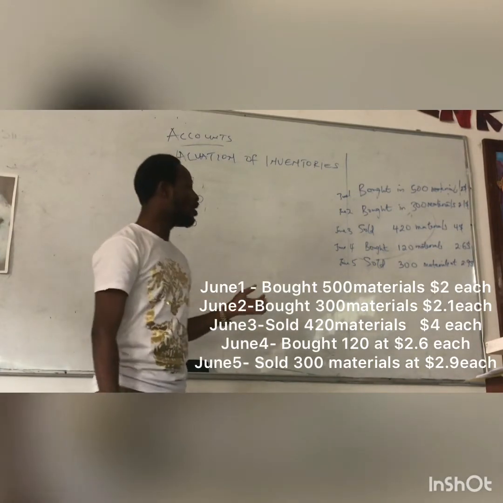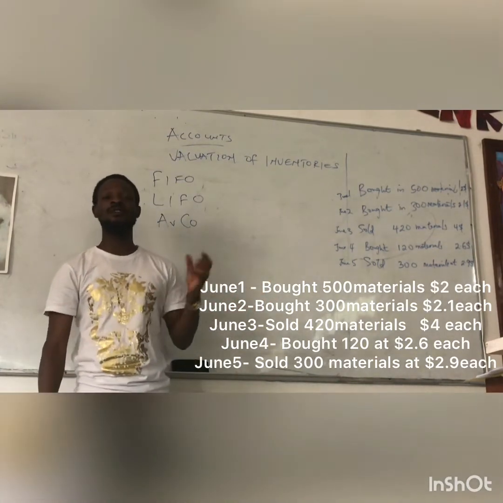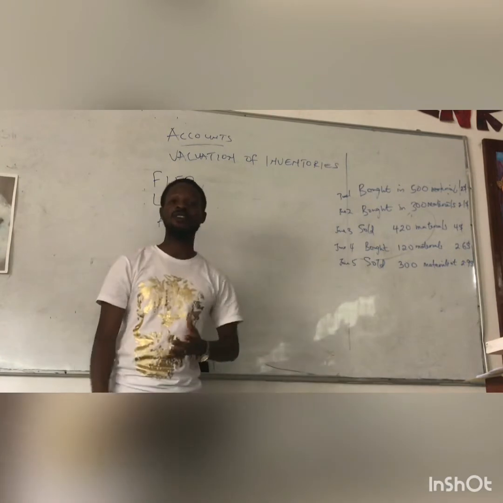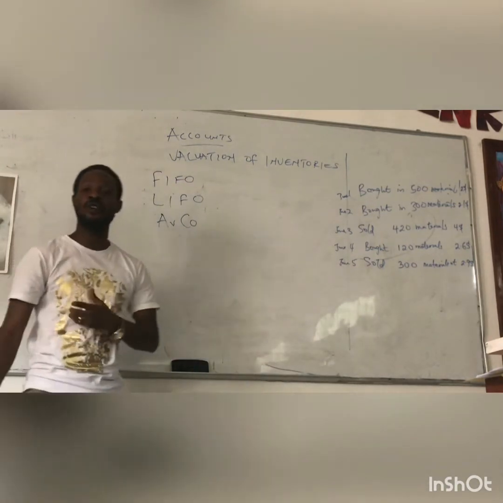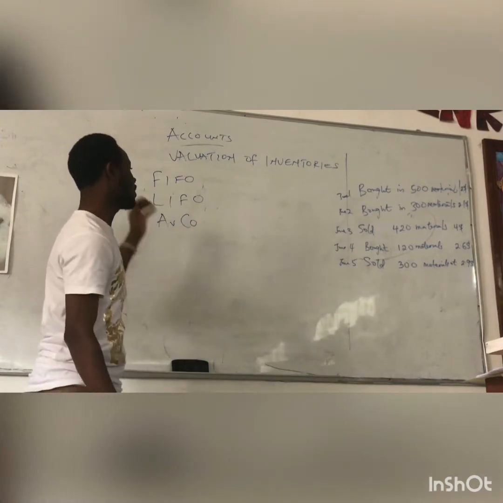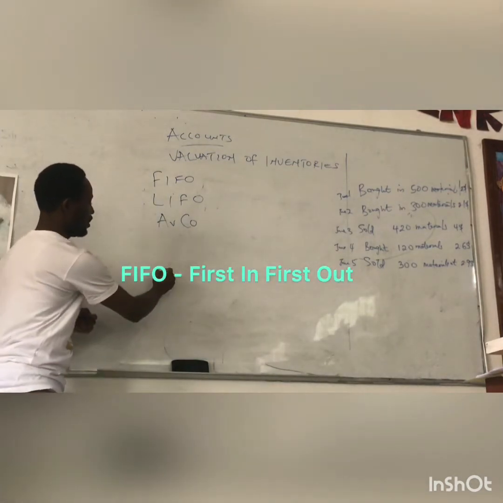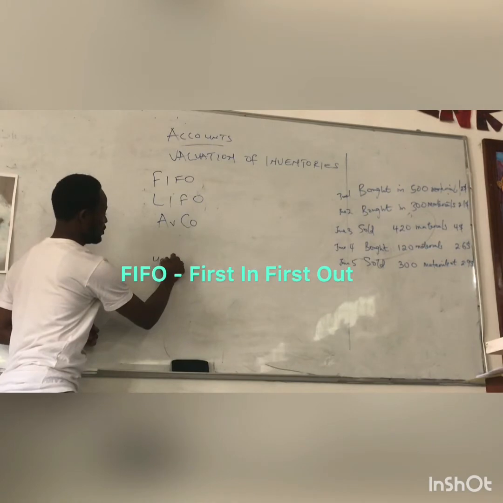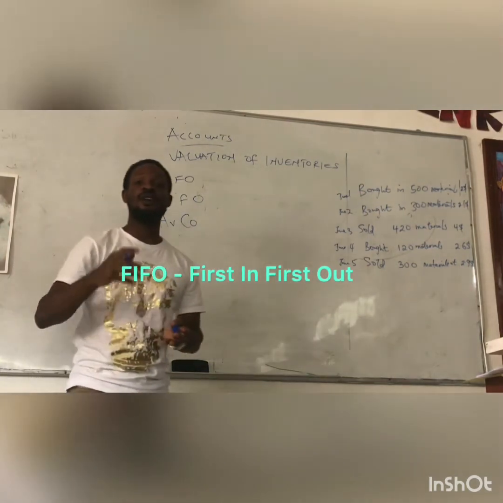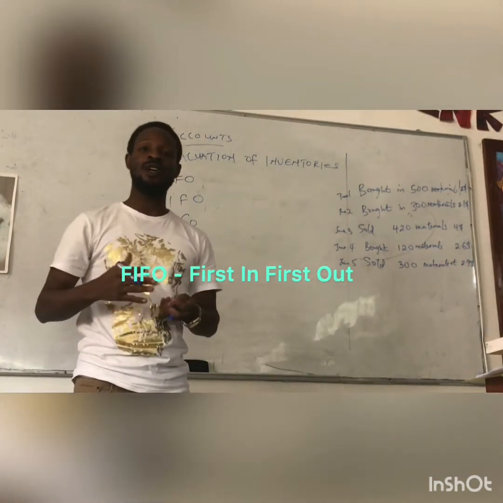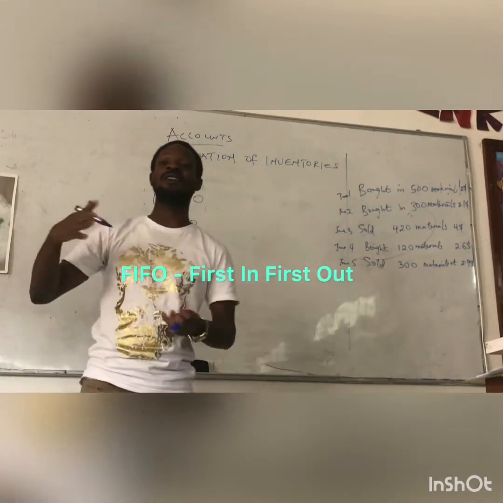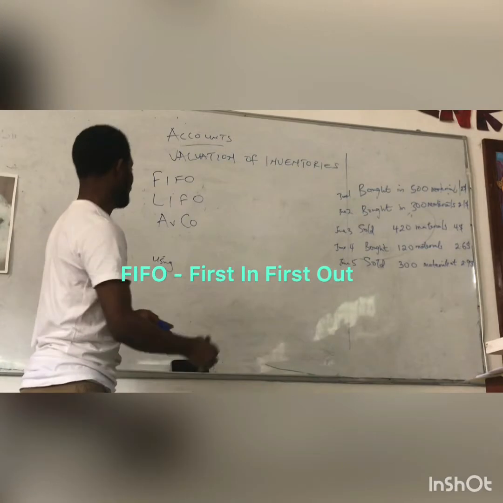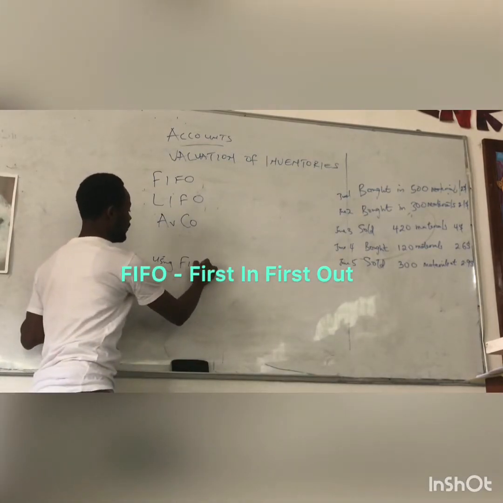Now, the value of inventories left at the end of June 5, for instance, will be different using different methods of valuation. So let's start with FIFO. Using FIFO, we want to show the value of inventories that is sold, the cost of inventories sold, and the value of inventories left. So using FIFO,